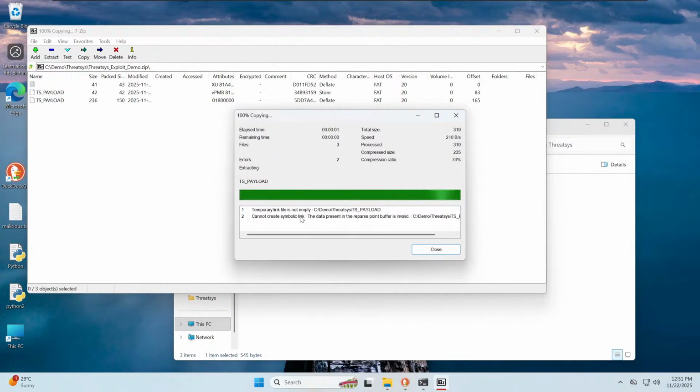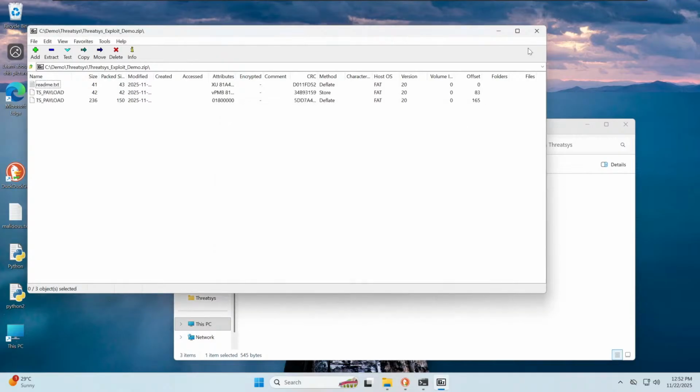This is the error. This is the mitigation which 7-zip has done in version 25, where the symbolic link is not allowed. Like cannot create symbolic link. The data present in the reparse point buffer is invalid. So this is the mitigation which 7-zip has done in the recent version,